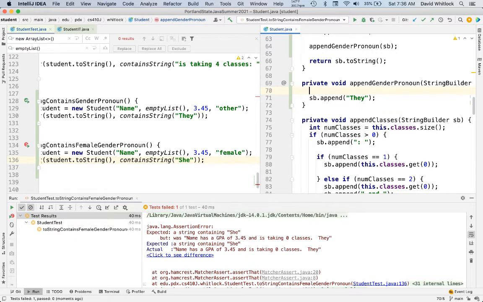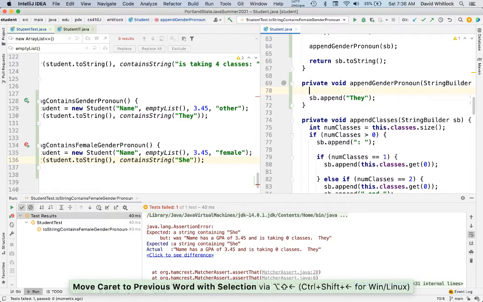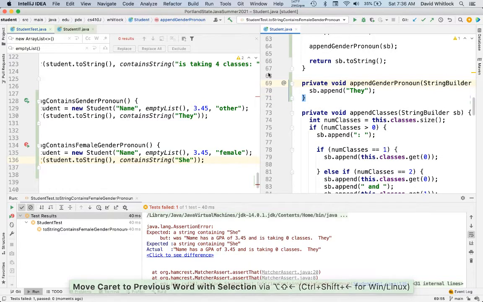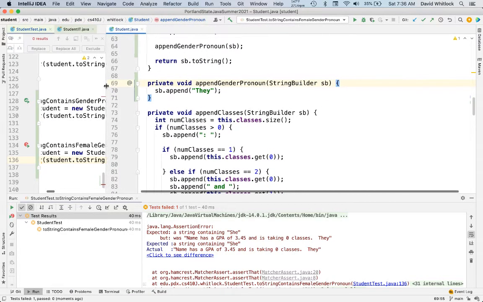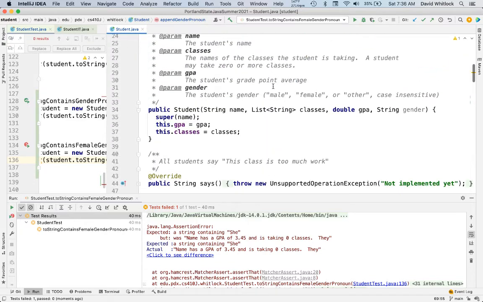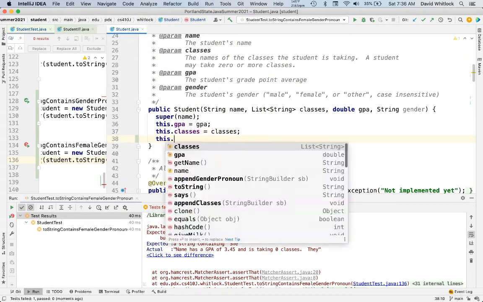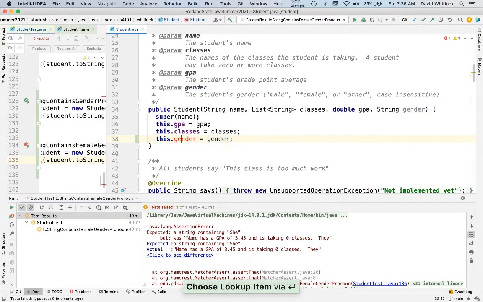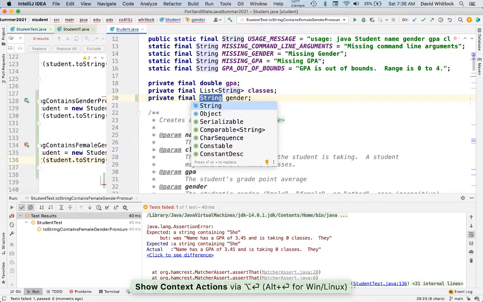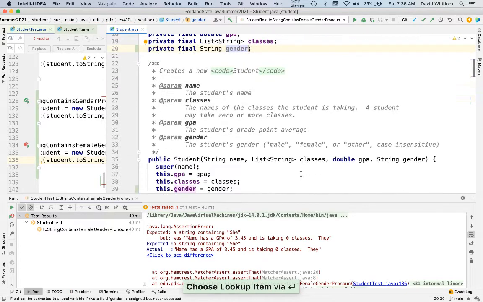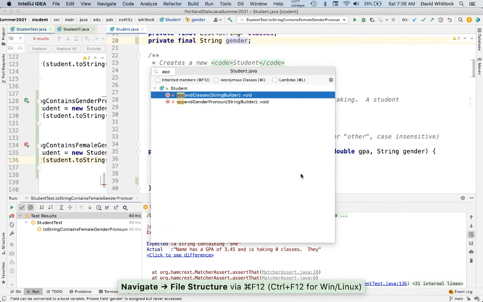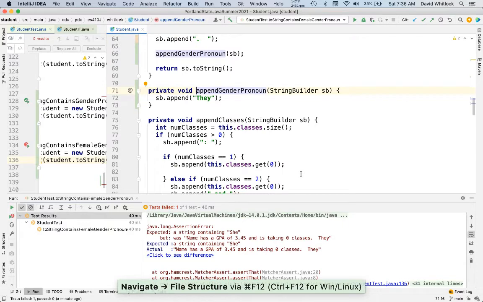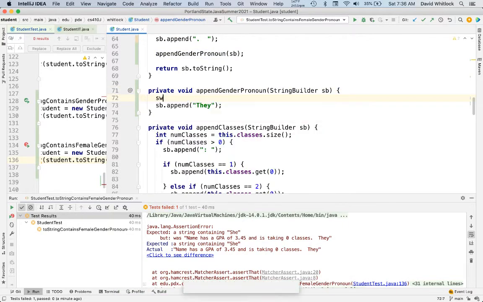Let's see here. Oh, okay. So what we need to do is store the gender here. This dot gender equals gender. String gender, and then now if we go to append gender pronoun, we can do a switch on the gender,